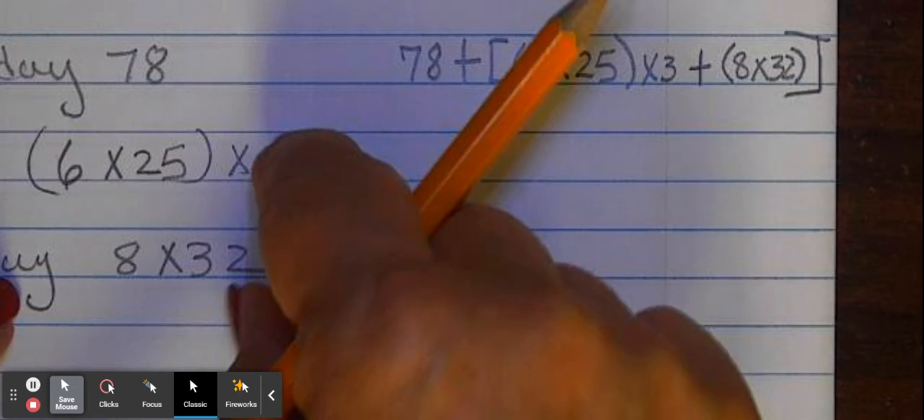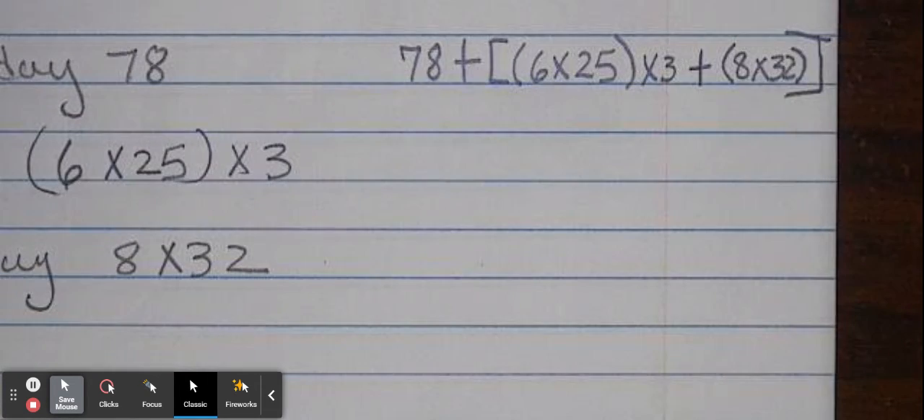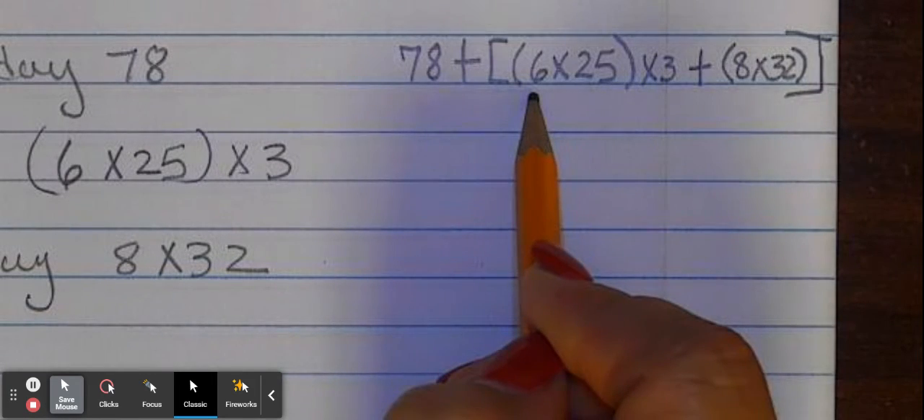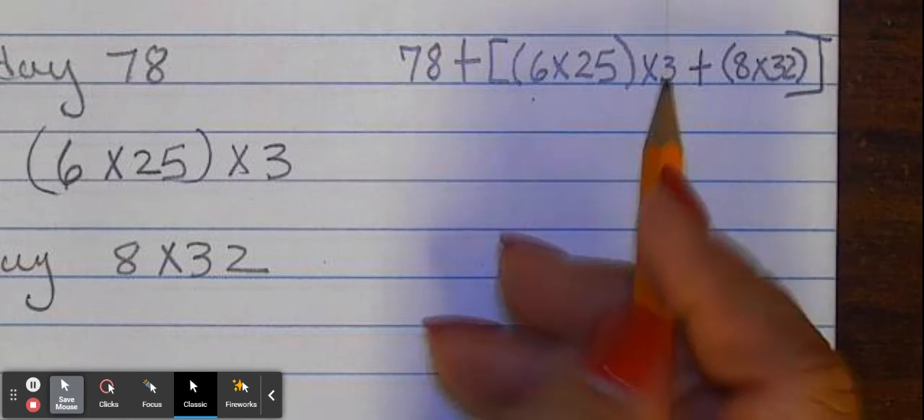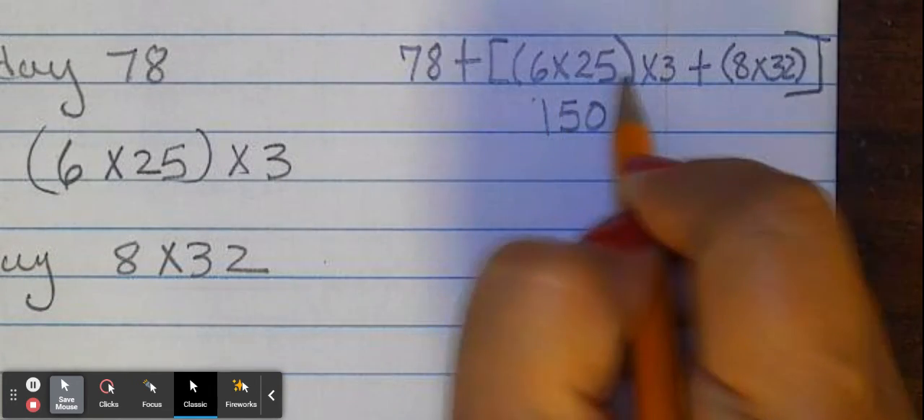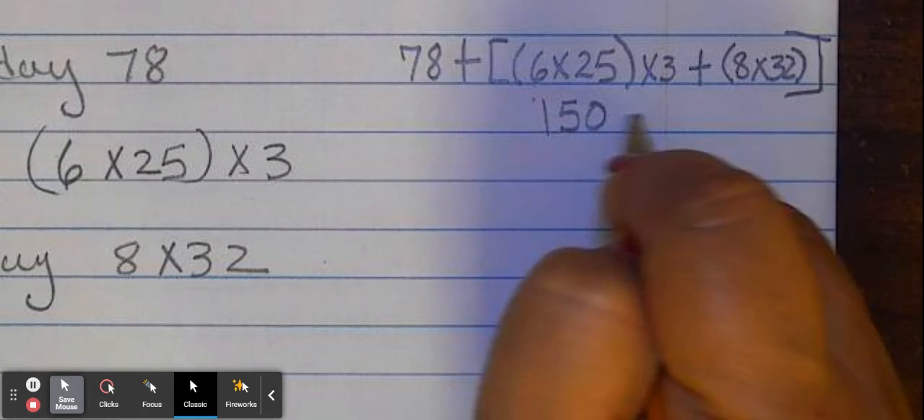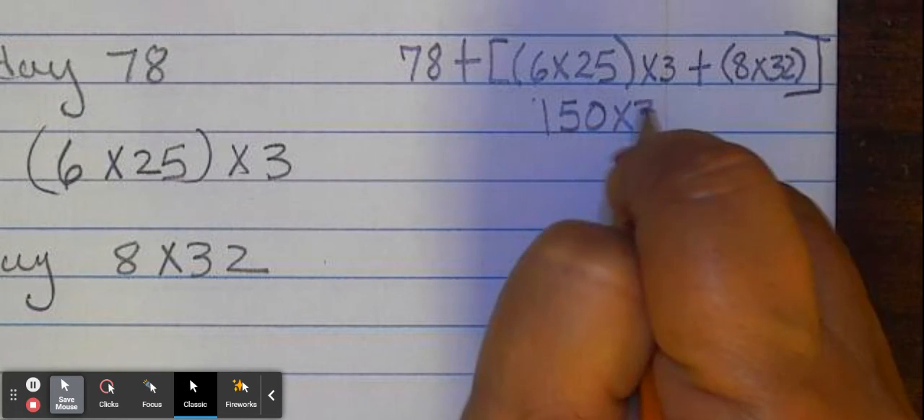So I got to do everything in the bracket. Do I have to do everything here too? Yes. So 6 times 25. Okay, guys, think of quarters, right, for money. How many quarters make $1? 4 quarters. So that's already 100. If I added 2 more quarters, that's 150. And now you know what 6 times 25 is, right? So this is 150 times 3